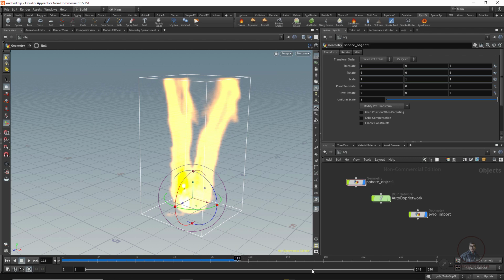Suppose you don't want to cache our simulation in RAM, then downside you can see this button. If you click here, it will show red. It means after this it will not cache this simulation in RAM. Now just play and check. Now you can see it's not caching this simulation in RAM, and you can't see anything after this.